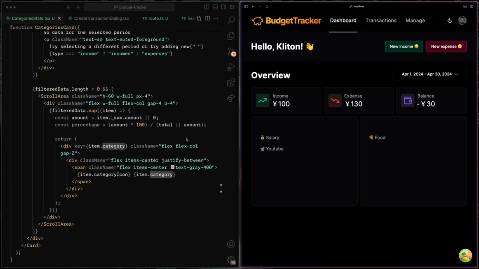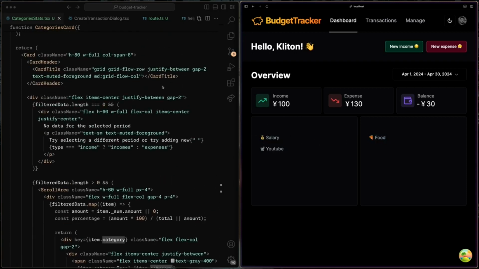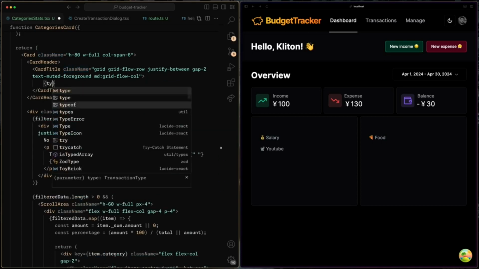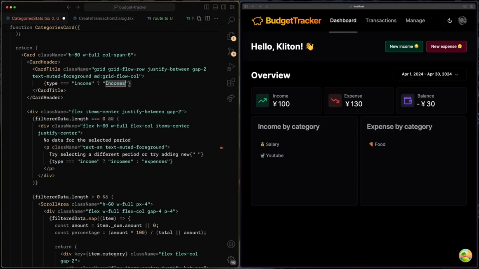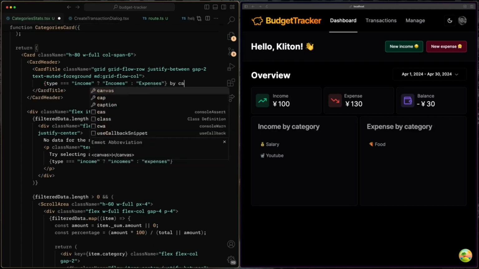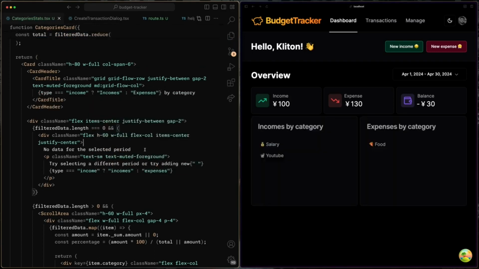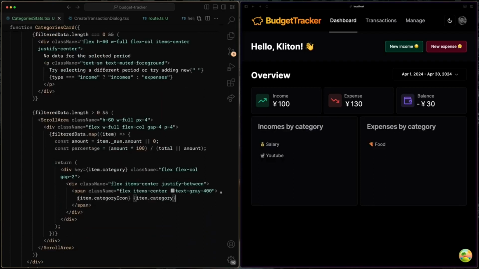But we don't have a card title, so let's go back here. Yeah, I forgot to put the content inside, so back to the card title. If the type is equal to income, we are going to render the incomes. Otherwise, we are going to write expenses and then by category text. Perfect. Now let's go back inside the span, and then after the category icon and the category name, we are